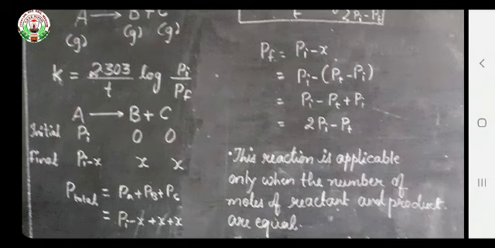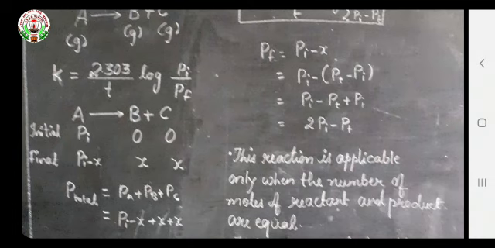Pf is the final pressure. So we know that whenever we are talking about the initial pressure, the product does not have any pressure, like in terms of concentration. Whenever we are talking about the initial concentration, the reactant has some concentration, but at that time the product has zero concentration, and when we reach the final, some amount of reactant gets converted into the product. The same we have to do here also.